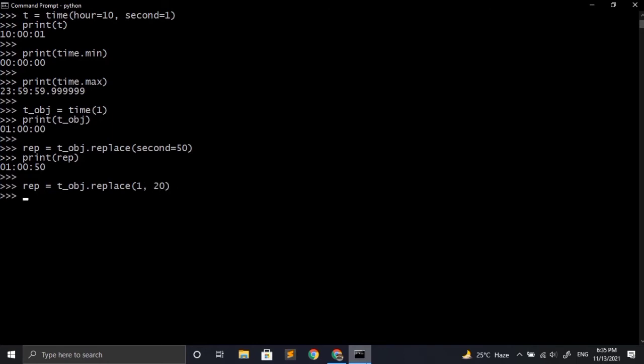So here in this case I am giving two values, I am not specifying them. So when I execute it, the value of hour and minutes should be changed respectively. There should not be any change in the value of seconds. So here we can see that the value of hours and minutes have changed, but there is no change in the value of seconds with respect to the first time object where the value of seconds were also 0.